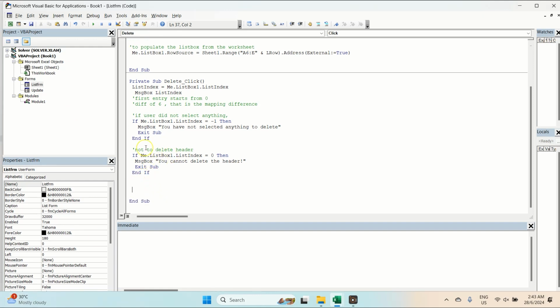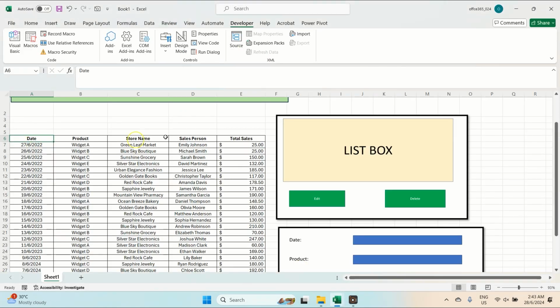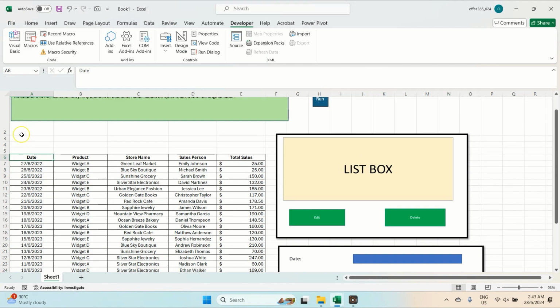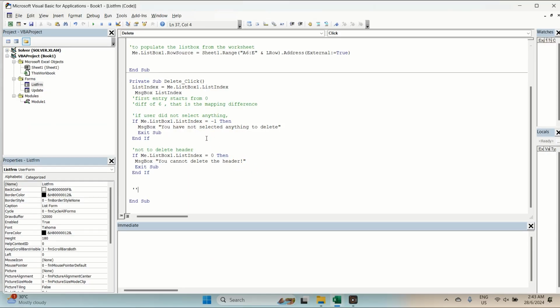Now we're going to carry out the real deleting. What we're deleting is from range A6 to E6, but we can't delete row 6 because that's the header. So we delete A7 to E7. It's a continuous range. Remember, I've already gone through the lecture on referencing a continuous range. So basically it's something like